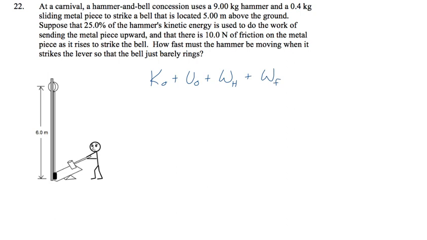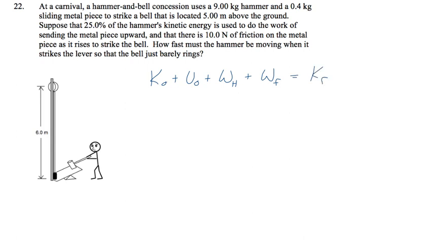Now, the work due to friction is going to be negative work, but I can either write this as a negative here, or when I write friction, I can put it in as a negative. One or the other. So you can either write a negative right there, but then you have to remember not to put a negative for friction, or just write 10 newtons as a negative later on. So you've got that, and that's going to equal